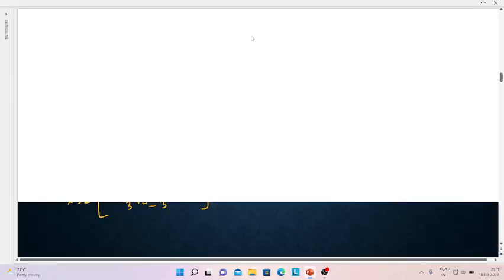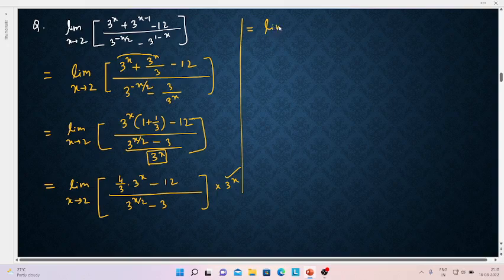I mean 3 to the power 2 is nothing but 9, which is a real number, so a real number will not give me any kind of trouble, right. So that can be written as limit x tending to 2, 4 times 3 to the power x, and 3 is on the denominator, so that can be written as 3 to the power x minus 1 minus 12, and the denominator can be written as